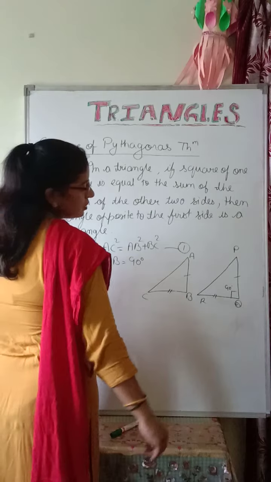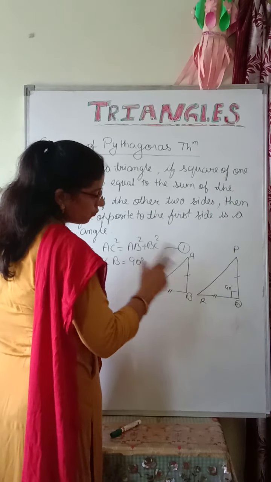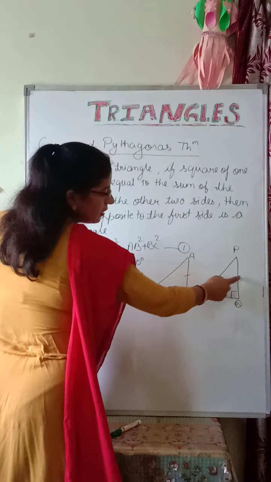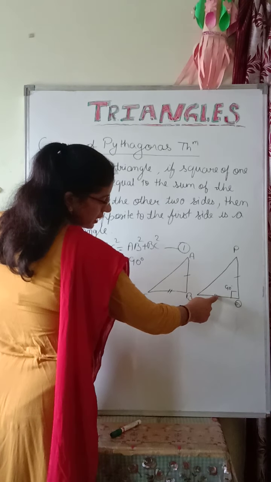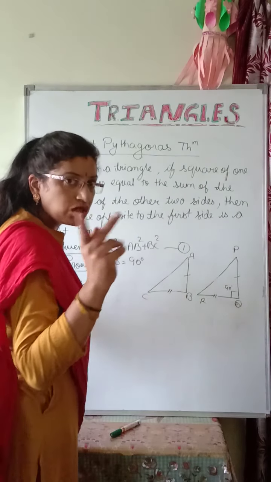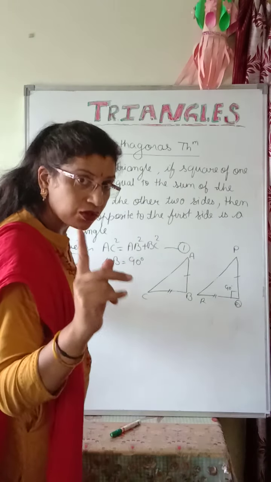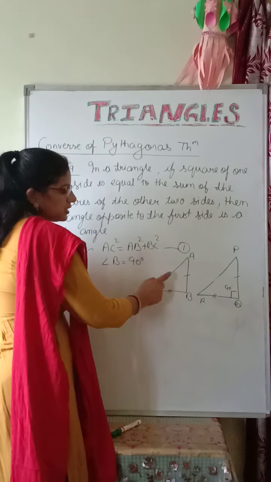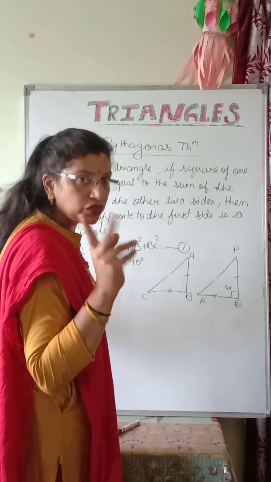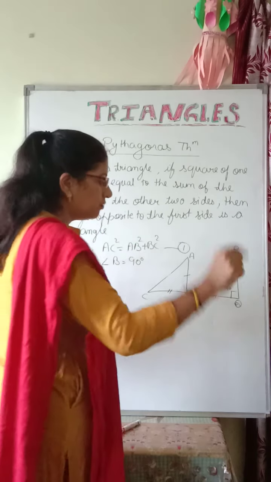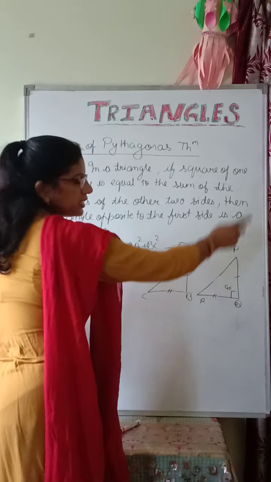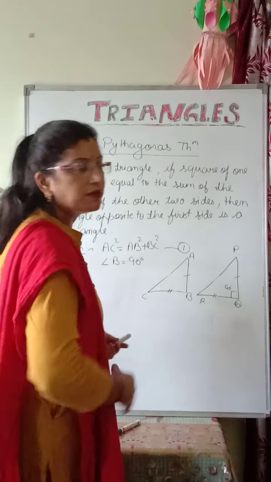Now after that what you say? Anyhow we will prove that AC and PR are also equal, because see, one side is equal, second side is also equal. So we will prove that this third side will be equals to third side. So these two triangles will become congruent by side. All three sides are equal. So if the two triangles are congruent, their corresponding angles are also equal. So we will say therefore angle Q is equals to angle B. So therefore angle B is 90 degree. ठीक है? So like this we will prove.